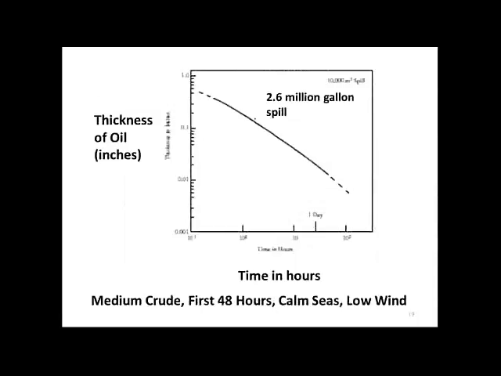Okay? So this is a graph that we used last March, and it basically shows the thickness of the oil in inches over time. Notice that this is a medium crude oil in the first 48 hours, or 2 days, with calm seas and low wind. And this was a spill of 2.6 million gallons of oil. And you can see here that the thickness drops really fast, to be less than 1/100 of an inch